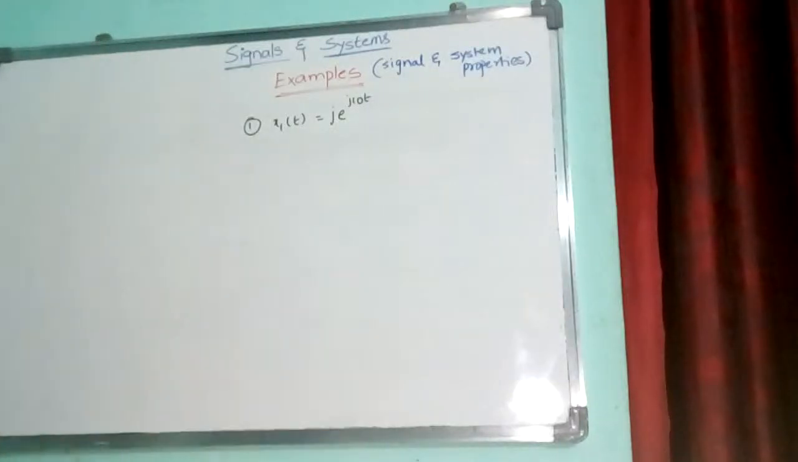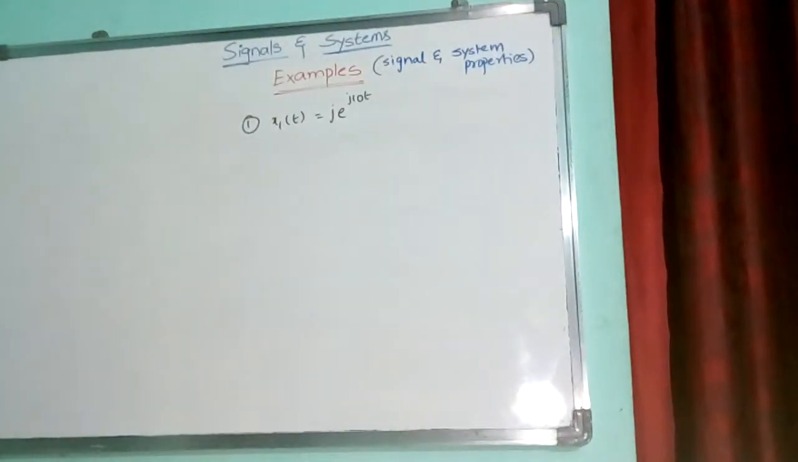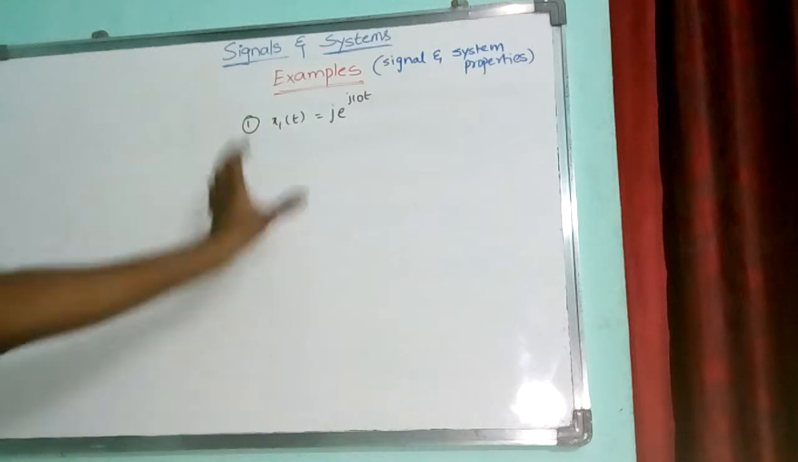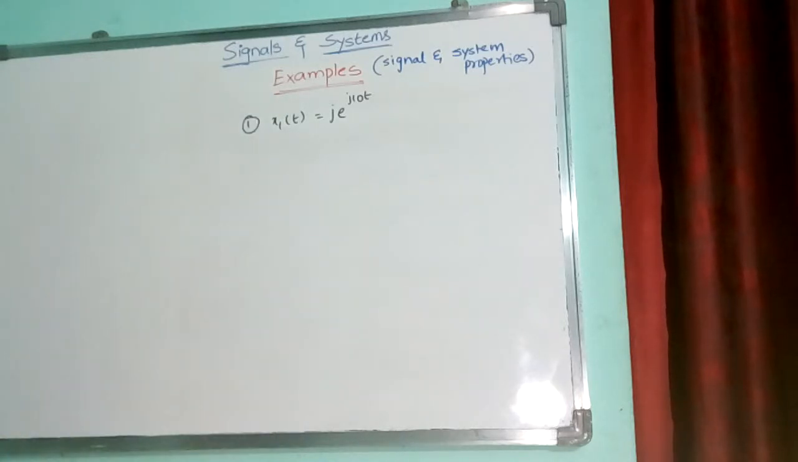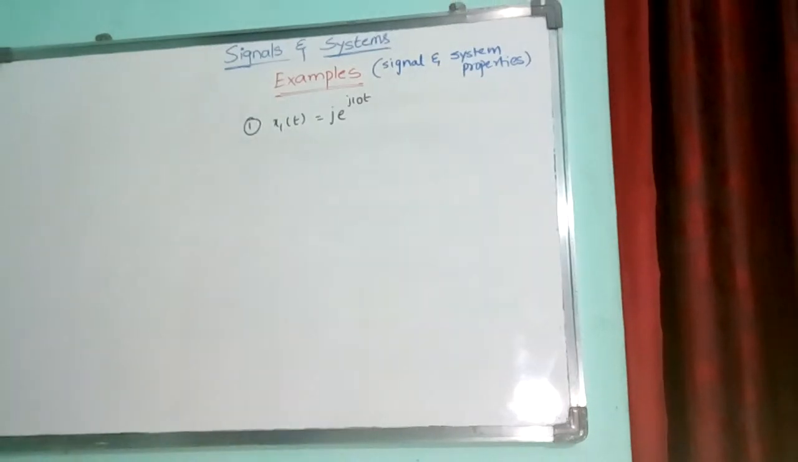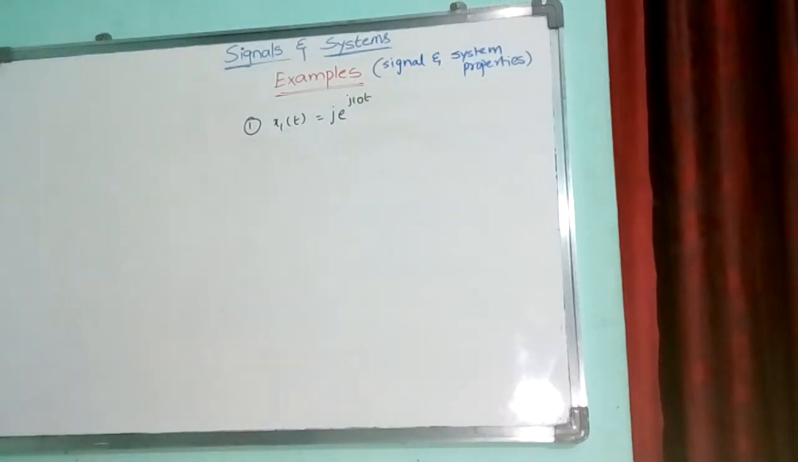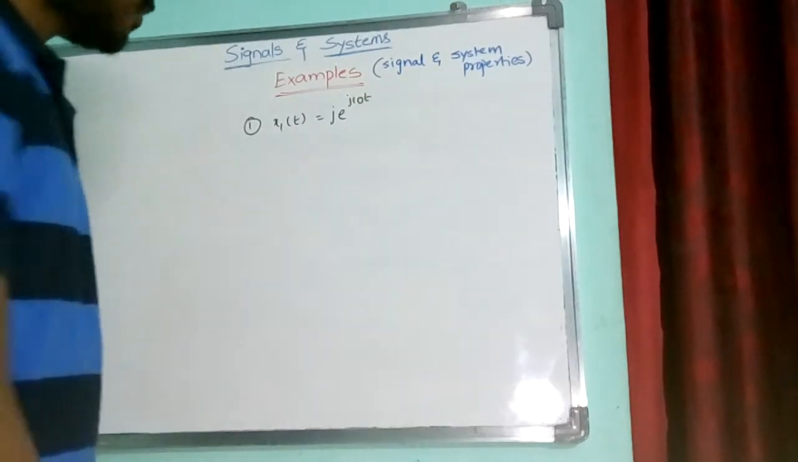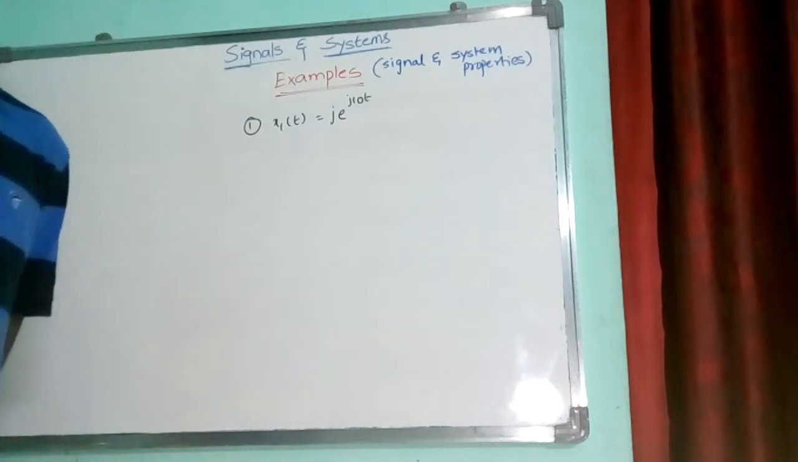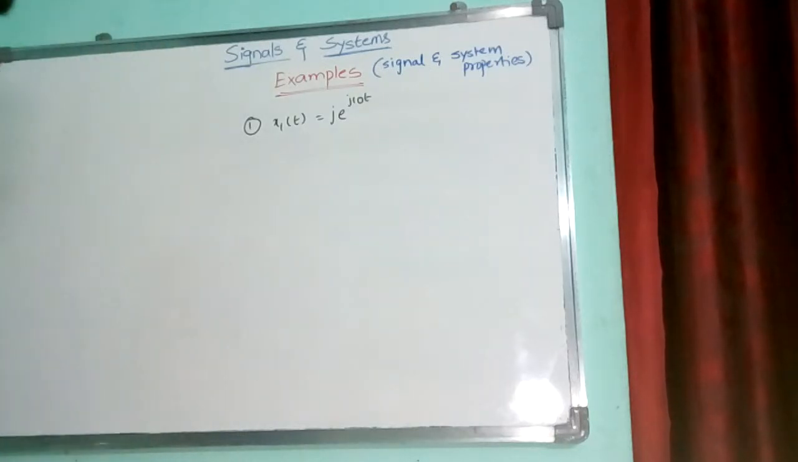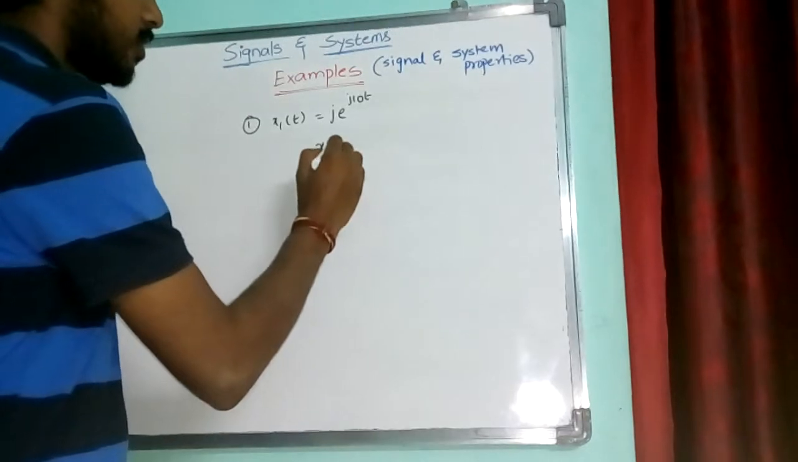Today we will see examples based on signals and system properties. So the first question given here: they are asking us to find out whether the signal given is a periodic or aperiodic signal. We know that for the signal to be a periodic signal, it should satisfy the condition